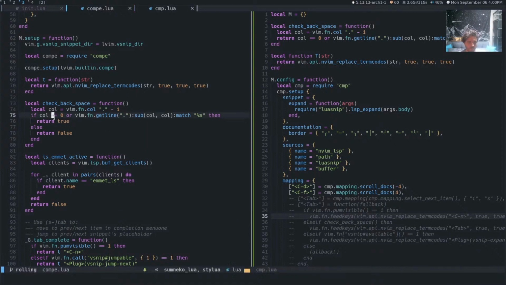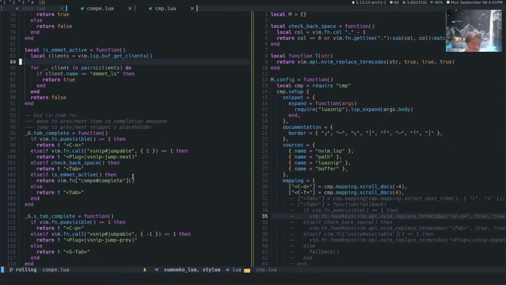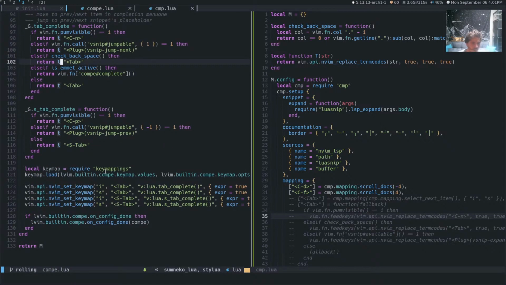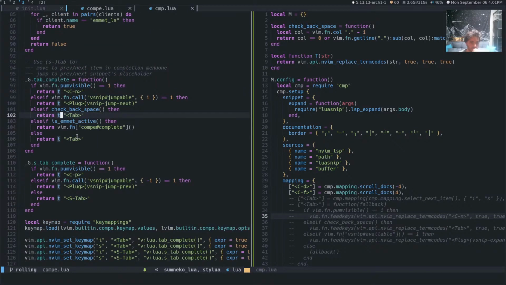Oh, that's why you have the true or false, because you copied it from what I had. That's funny. Or probably from what the original, because I got this from Compe. All right. And then this is shift tab complete.